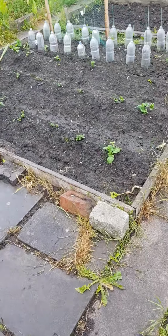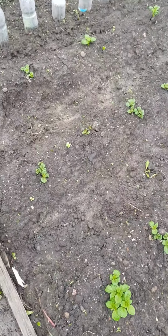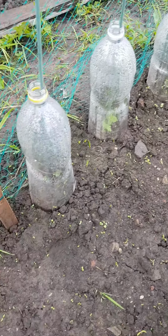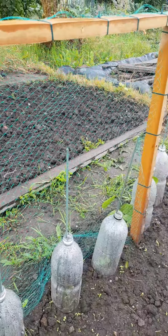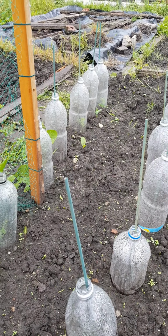But I'm glad at least the potatoes are growing, and the peas are growing too. You can see in the green bits the peas are growing, my little babies. We've got a sort of makeshift thing here for them to start growing up. I think it's a trellis, but I forgot. Those ones there,